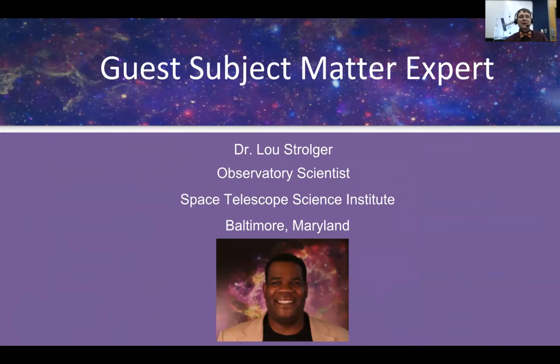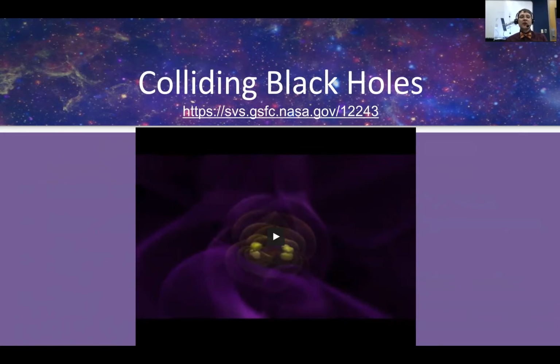Right, gravity waves. You guys may have heard about this little thing called the Nobel Prize that got awarded last week. And that got awarded for the detection of gravity waves from colliding black holes. So that's another way that the universe can change. There are many more things out there.